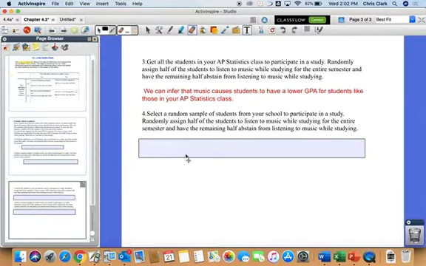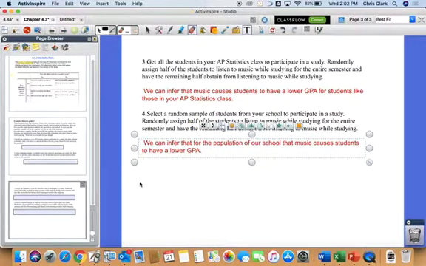We can infer a cause and effect relationship for the entire population, the entire school. We can infer that for that population of our school, that music causes students to have a lower GPA. Again, not easy for us to do, right? That would take a lot of work and a lot of follow through to be able to